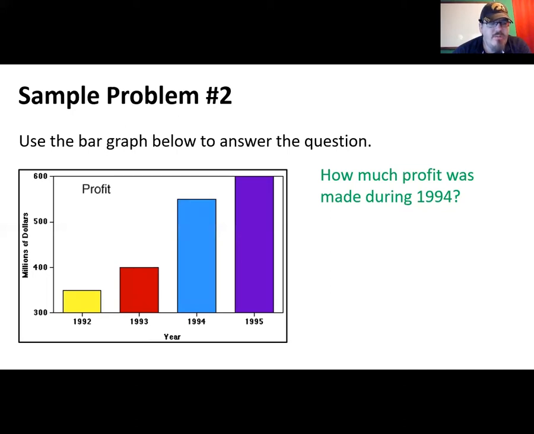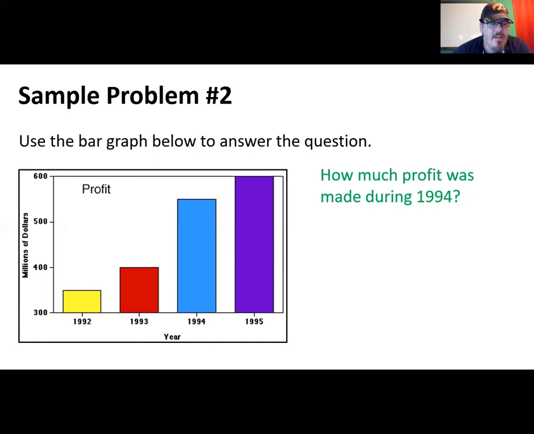So what we need to do is look at the graph and interpret the scale, which is important here. Across the horizontal axis, we're talking about years, indicated as 1992, 93, 94, 95. And then the vertical scale is telling us